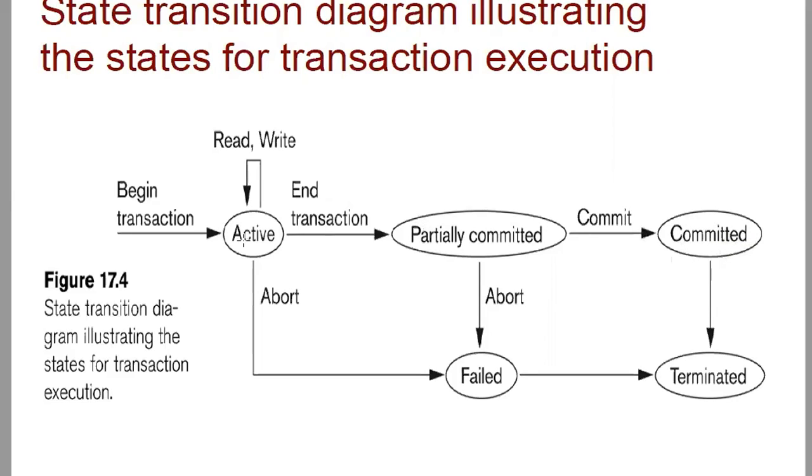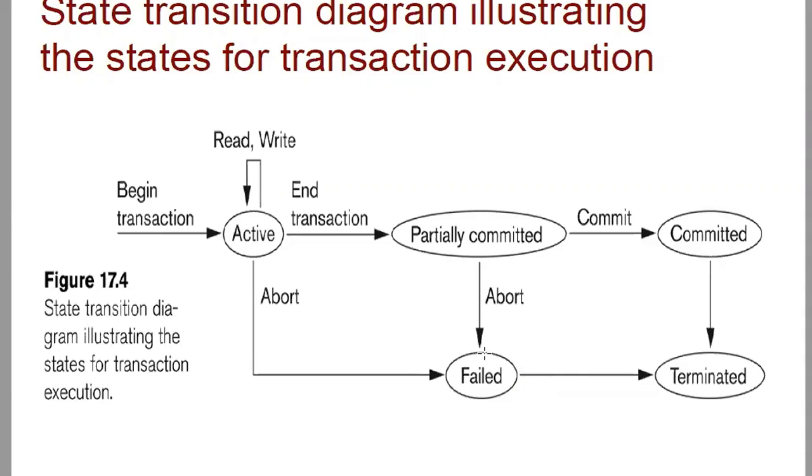There are other possibilities during the active state. While you are performing read and write operations, if there is any problem with the read item or write item, for example if a particular data item is not present, or the transaction is not able to get the data item, or you are not able to read or write it, or maybe a deadlock occurs, for any reason, if the read and write operations are not properly done, then it may not end the transaction. Instead, it is just going to abort the transaction. When it aborts the transaction, it reaches the failed state.